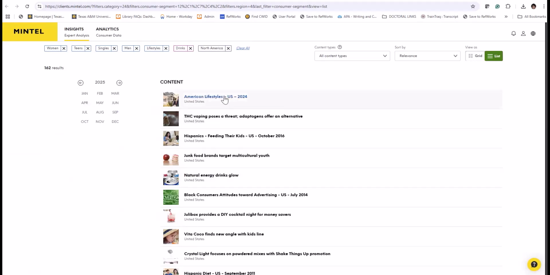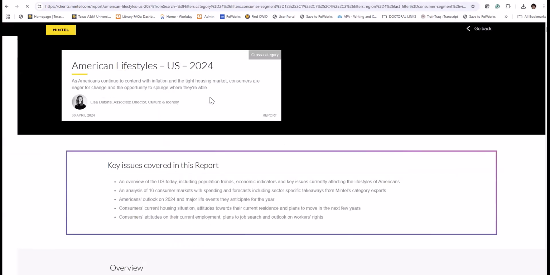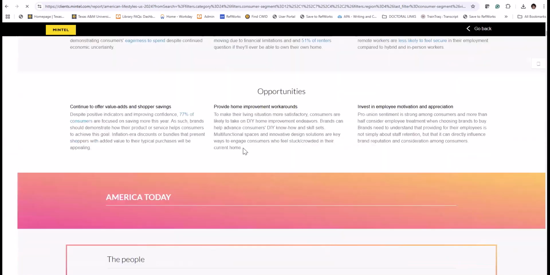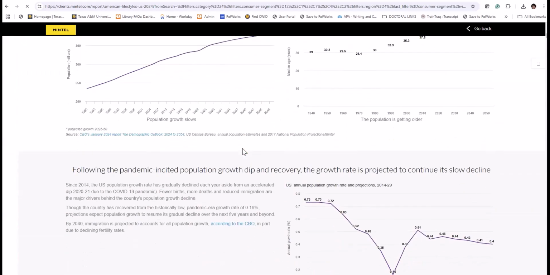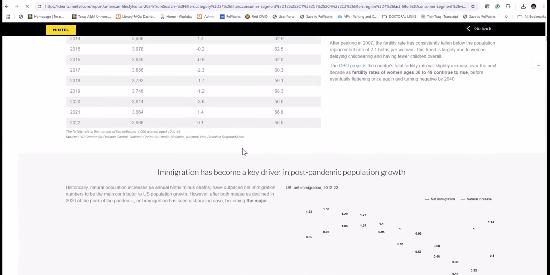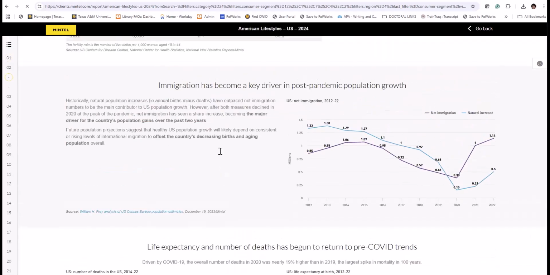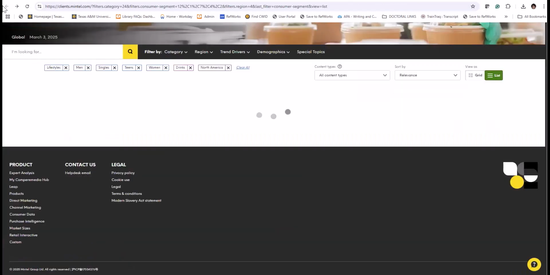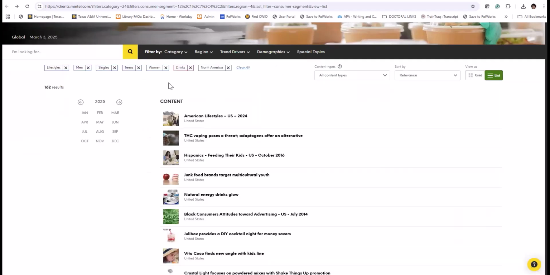Anyway, I'm going to go back and click on any one of those, like this. I want to show you how it works. So it is one of the reports. You see that? It has a lot of information and data. This is how it looks, and it is for 2024. If we go back, these are the reports that I filtered. Do you have any questions so far?